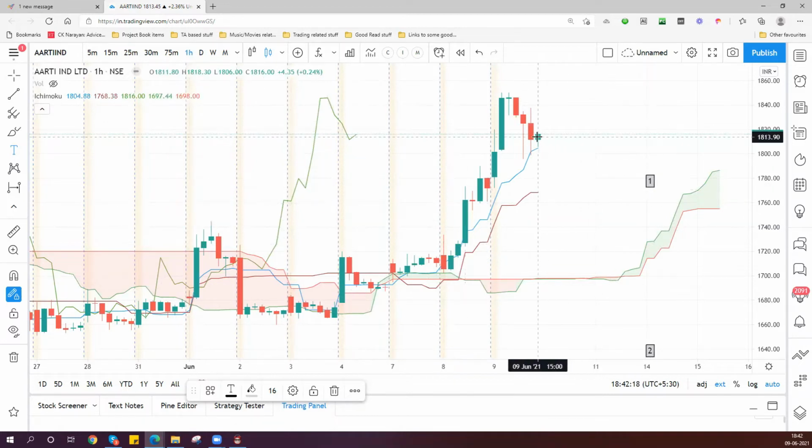So here what do we have? Price above cloud, price above TS and KS, 1 and 2, TS above KS number 3, TS and KS above cloud number 4, Chikou span above the cloud number 5, and future cloud bullish number 6. So all 6 in place. So it is bullish in the hourly also. So 3 time frames are bullish. That means any pullback that you get in Aarti Industry will present you with a buying situation. So this will be the way you can go into your stock selection. And this is the ideal way you should look at it, where everything is in your support.